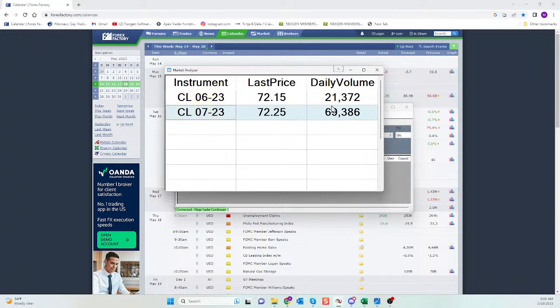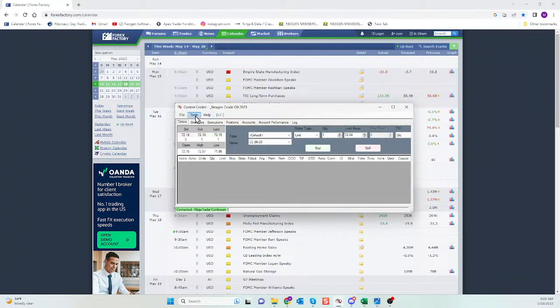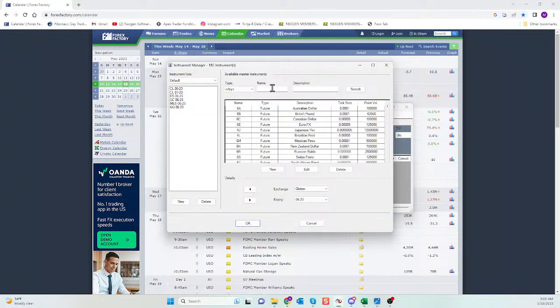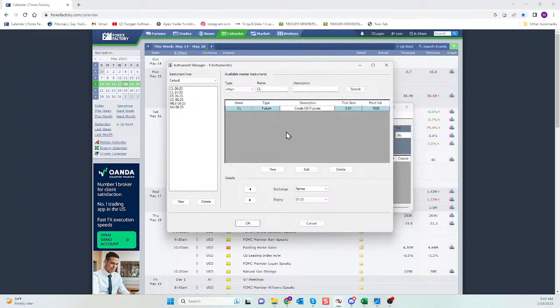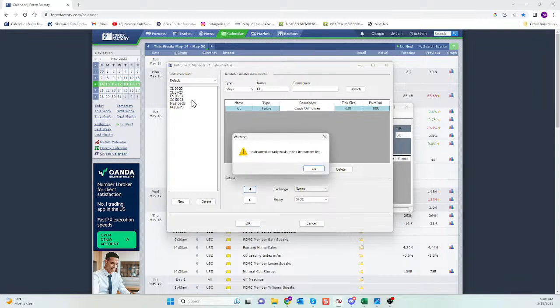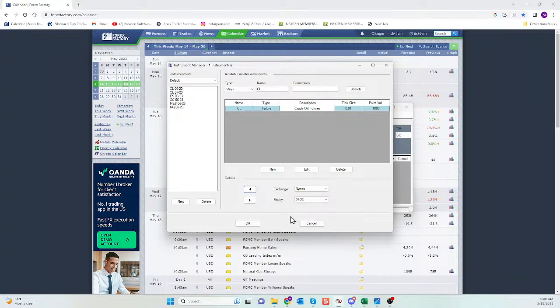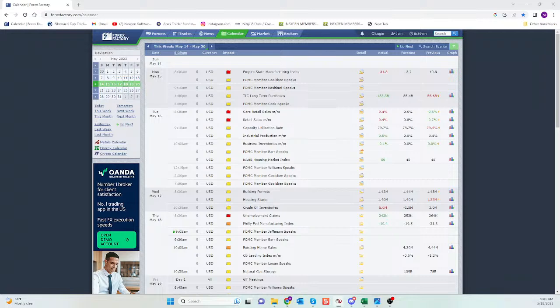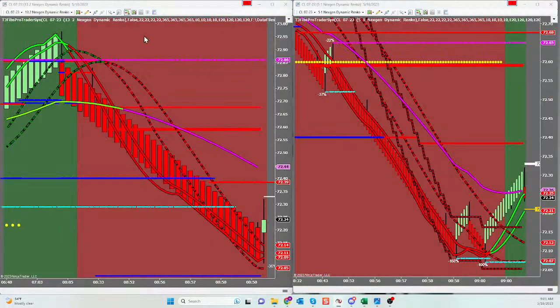So Jose, on NinjaTrader 7, in order to roll crude, you've got to go to your instrument manager, type in CL, it gives you that future, and just pop it right over to your list. And then once you pop it over to your list, click OK there. Once it shows up in your instrument list, it's really pretty easy. All you have to do is go to your drop-down box right here and go to that